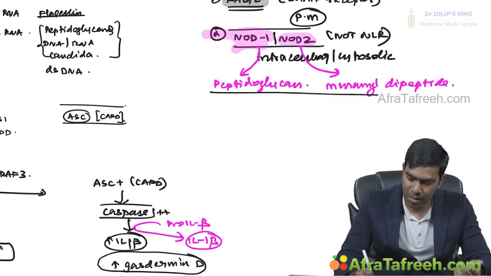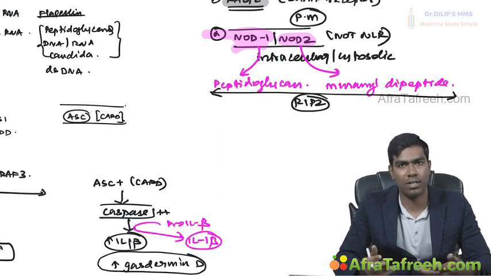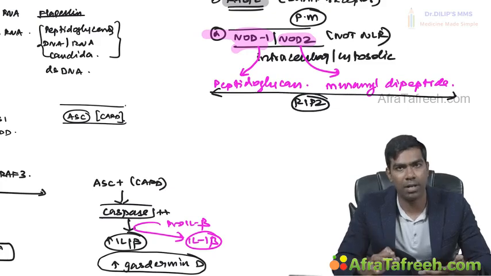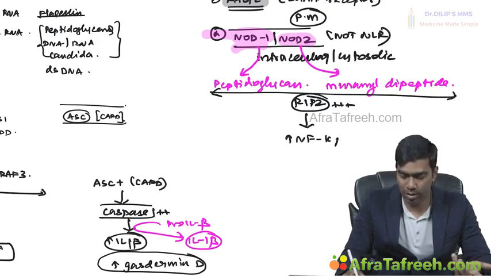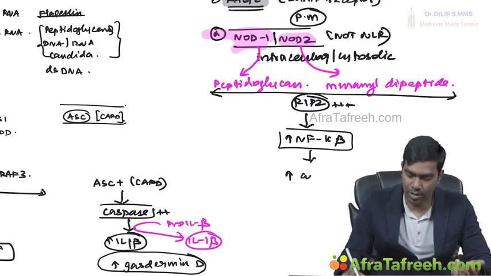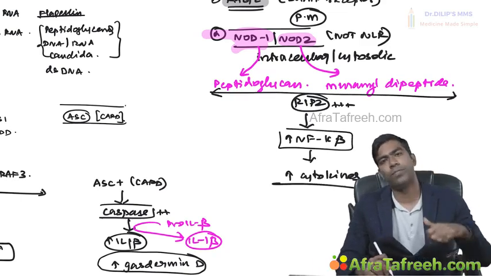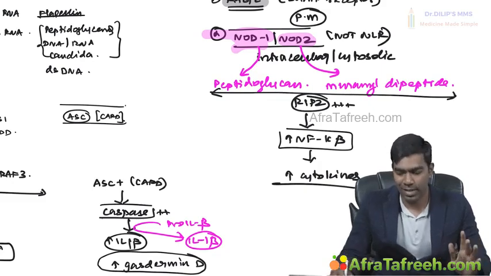Here the adapter will be something called RIP2. Like how we discussed MyD88, and then we discussed a lot of other adapters also, like that, RIP2 is a very important adapter. Once it's activated, it will increase the production of, again, the same old friend, NF-kappa B. This NF-kappa B is going to increase the production of pro-inflammatory cytokines, which is going to have a lot of effects. And the very, very important thing to understand is this